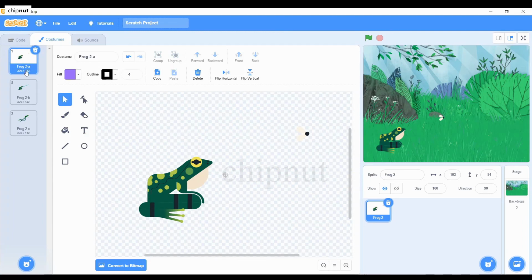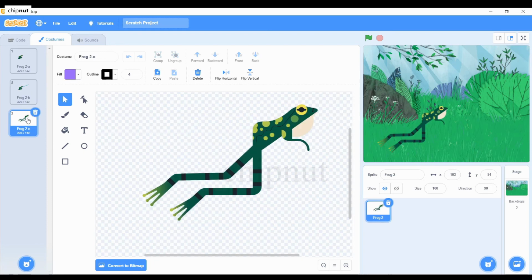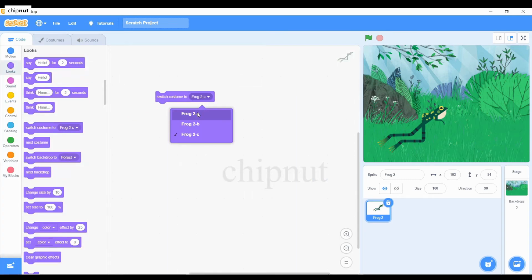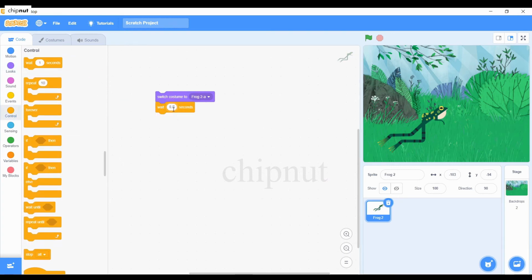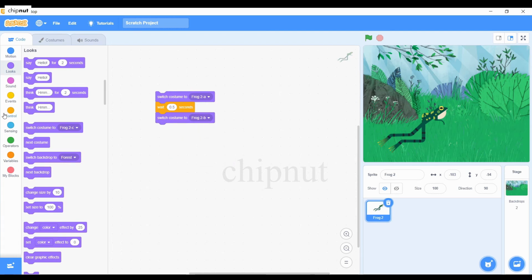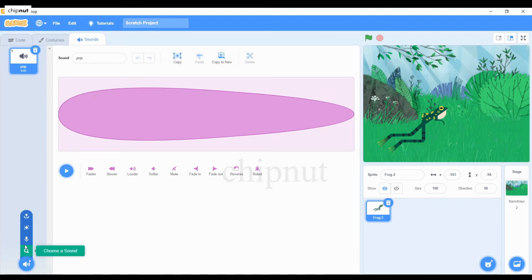Frog has 3 costumes. One with the insect, another putting the tongue out, and the other one to catch the insect. To add sound, go to the sound and search the sound.